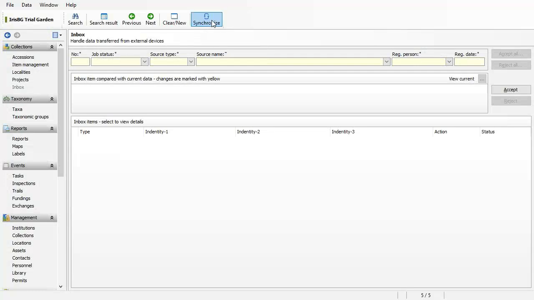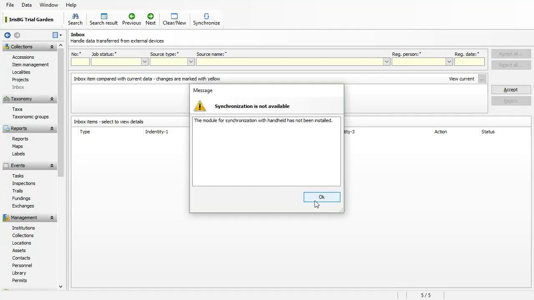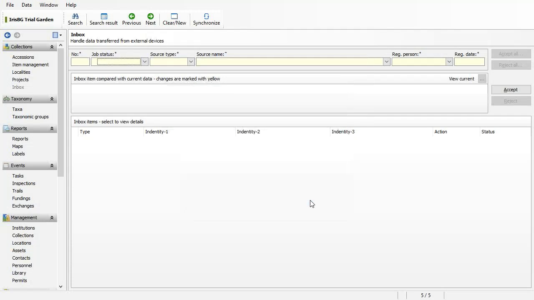go ahead. I don't think it will work on this one. I don't have it set up like that. Right. Yeah. But anyway, it'll open up a button to select to download changes into the inbox. It scans through the unit, finds everything that you've updated in the field, provides you a list there of your inbox items, of all the items that have had changes. Click on each one as you go and accept the changes, and then all the records are then synchronized onto